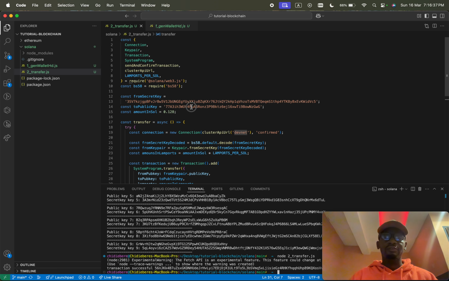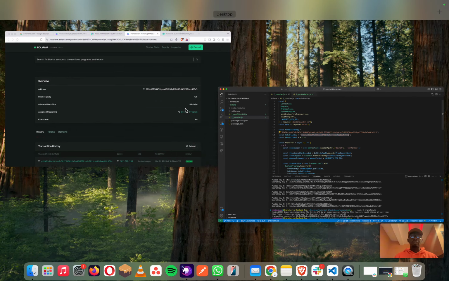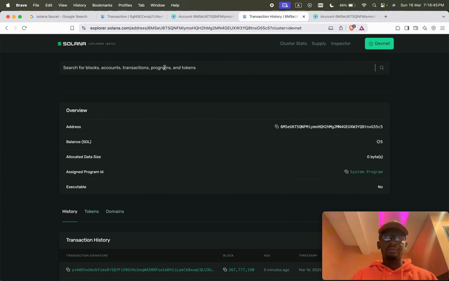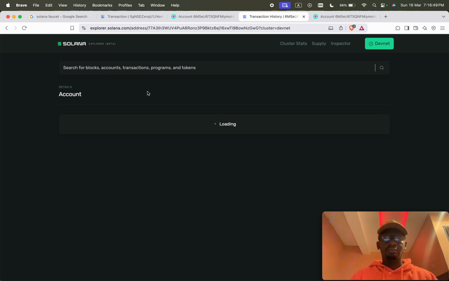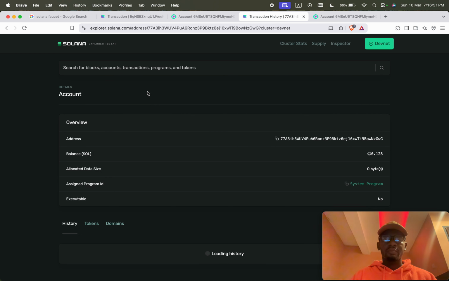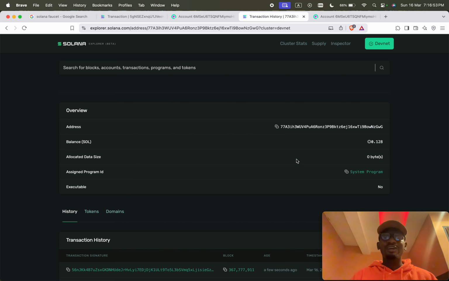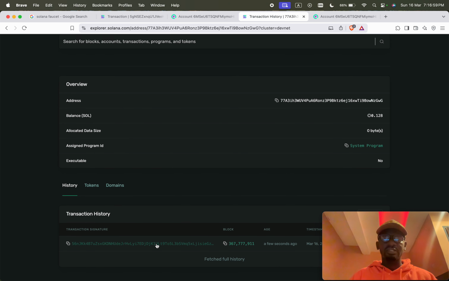We sent this amount 0.128, right, to this wallet address. So we can confirm it on the blockchain. And wow, we can see that this second wallet address has this amount 0.128, and then this transaction,